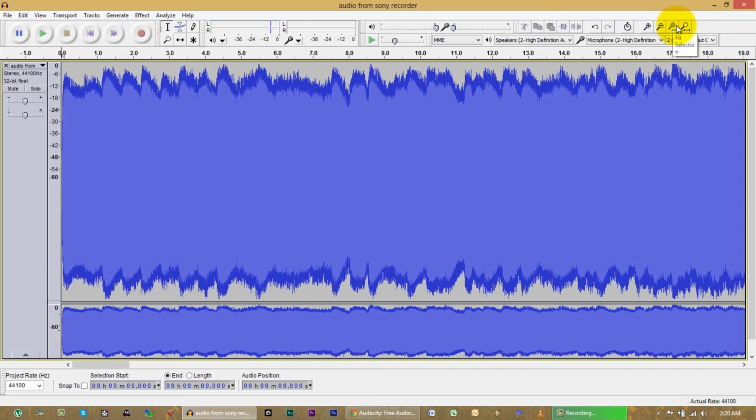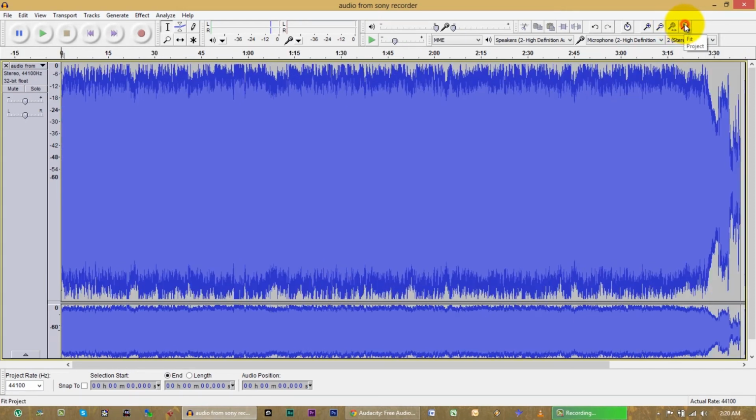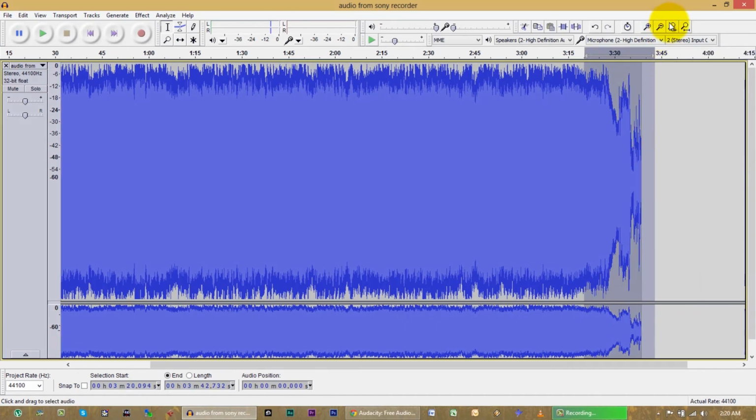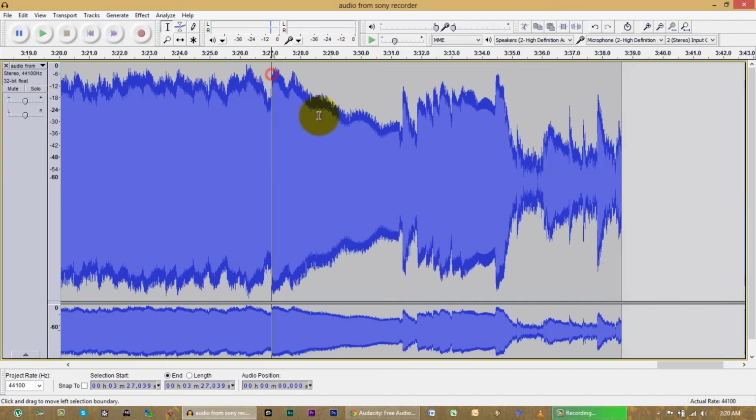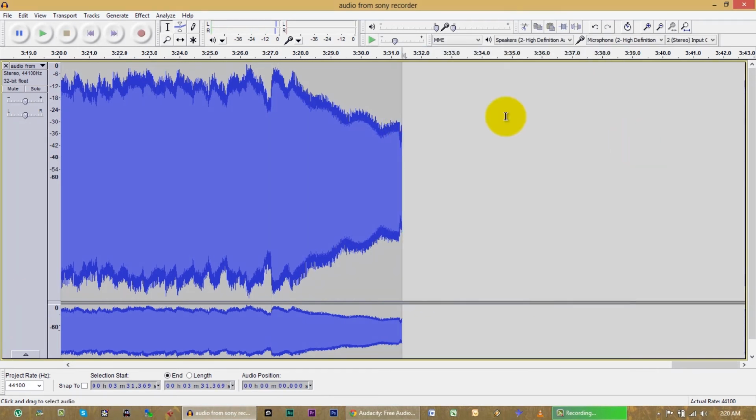Let's click on this button, fit project, and it goes back out to the entire song. And once again, we're going to zoom in. Okay, and so we don't need this stuff at the end.